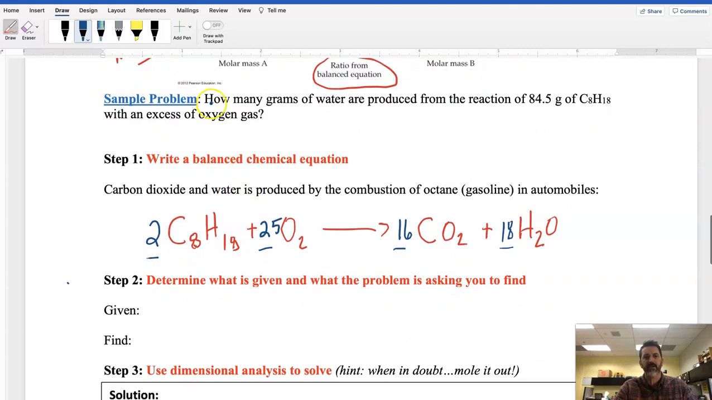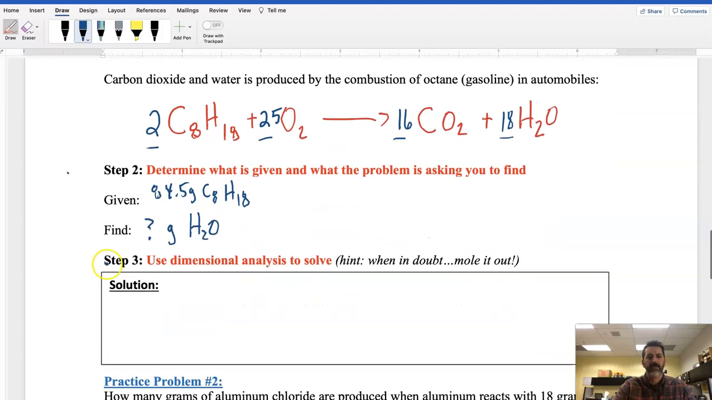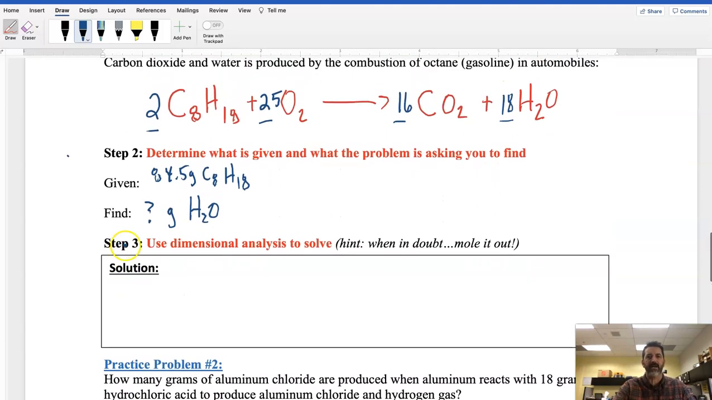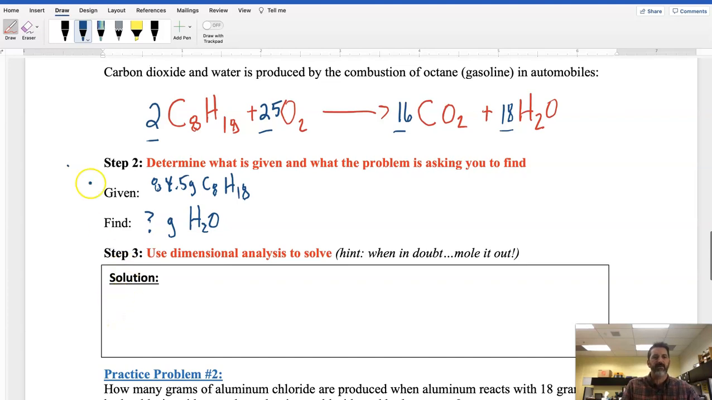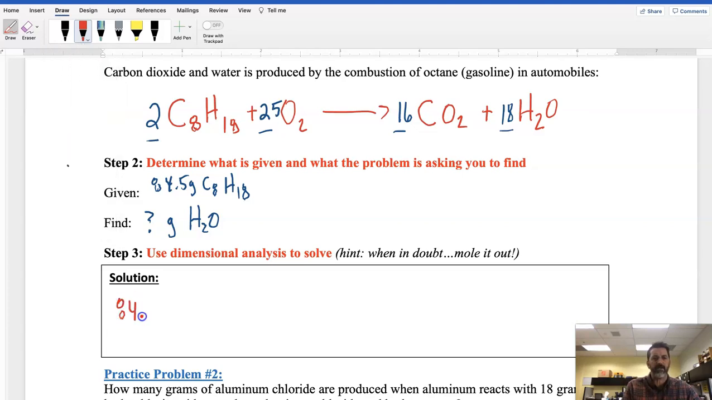So if I go back to the problem, how many grams of water? That's what I want to find. I want to find grams of water. Okay, and so again, the only number in the problem that's given is right here. That must be what is given, which means that's where I'm going to start. C8H18. Okay, so now I'm just going to use my dimensional analysis and my balanced equation. So, oops, I forgot to change the color. So, if I go back to 84.5 grams of octane, so that's my given,